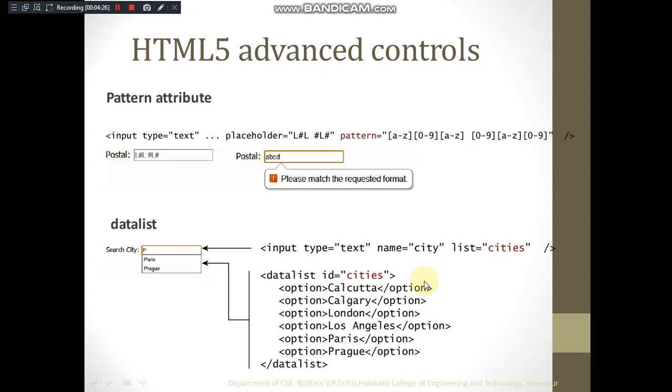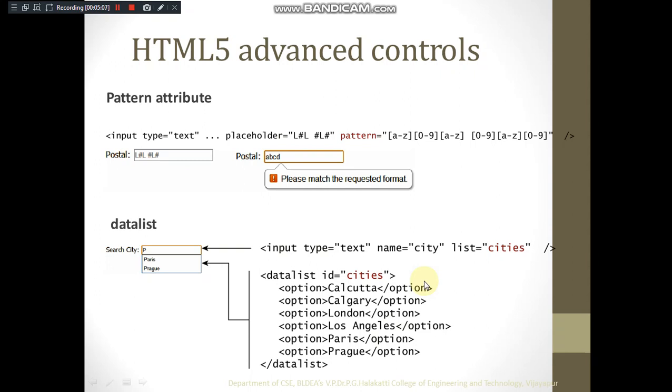HTML5 is giving you some advanced controls, right. As I said, you can write the syntax directly, right. In order to do a validation, you can write scripting code that we are going to do in our web lab also. But apart from that, if the pattern is simple, you can check it by giving your own control as well. As I said, in email it must have the at the rate symbol, and telephone should have only numerical data. So that is done automatically. Like say I want to create a text box where the user has to enter the USN.